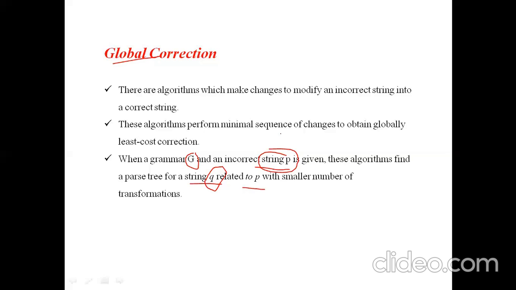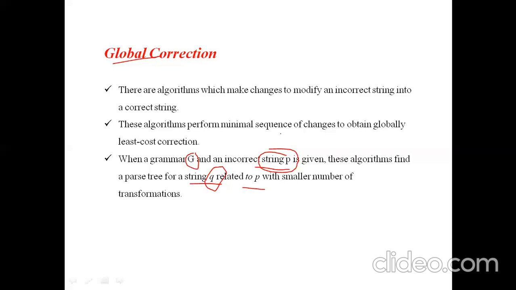When we come to phrase level recovery, out of the 10 line program, if the first line has an error, it will make modifications on the first line only. If the second line has an error, it will modify the second line only. Wherever it has an error, only that area will be modified. That's why it is called local correction.